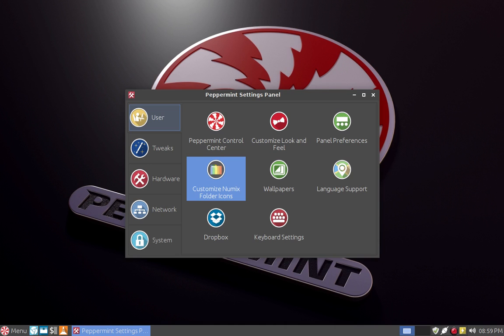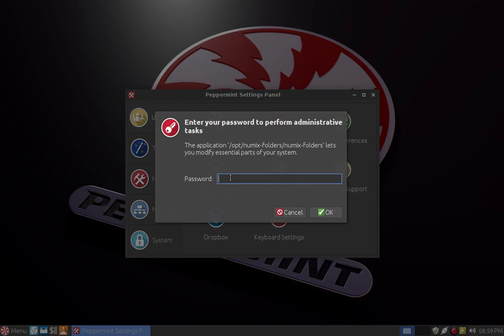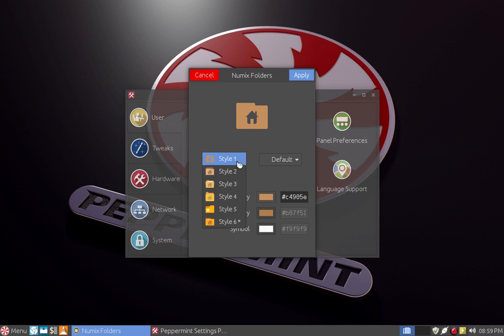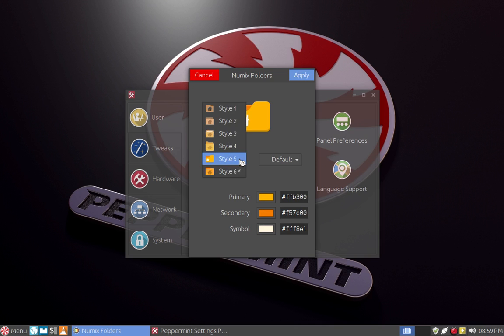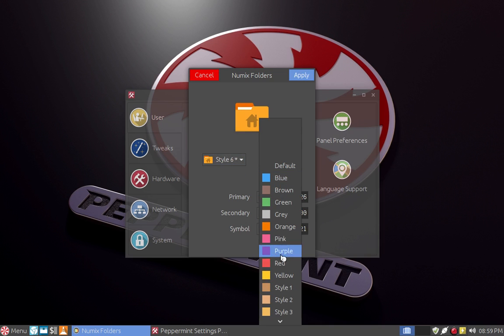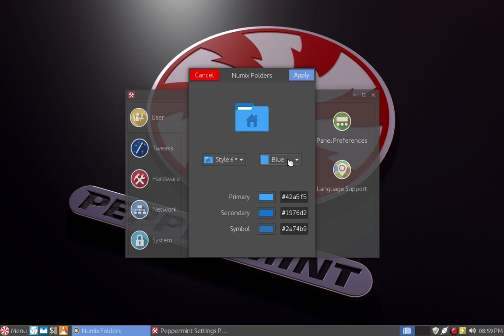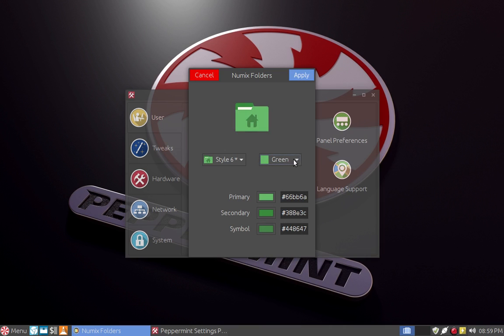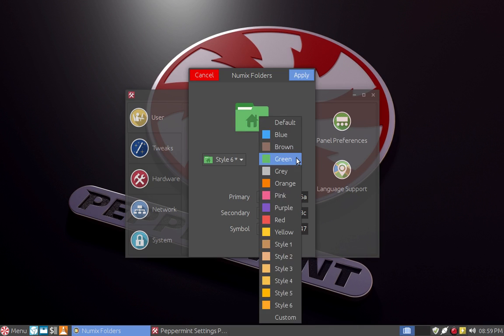The customized Numix folder icons is a new feature, and I've found that it doesn't seem to work perfectly on the system. But if you enable a Numix icon theme, then this allows you to customize its appearance and color. This first box here lets you pick between a few different visual styles for the icons, and the right box lets you choose between some preset colors. Now, I found that the presets tend to work fine. When you apply it, it takes a couple moments for it to apply around the system,